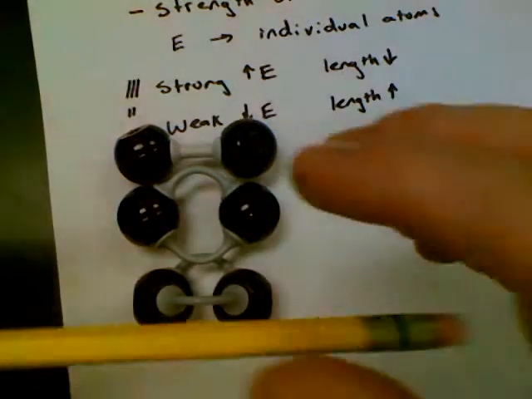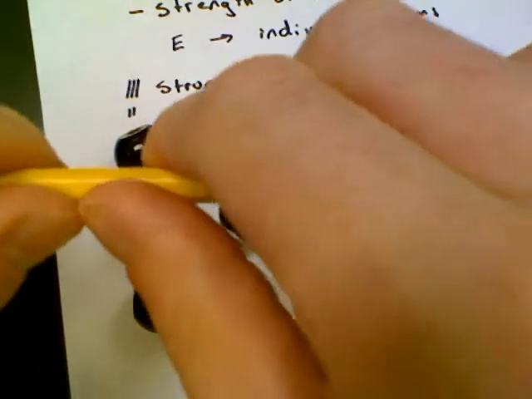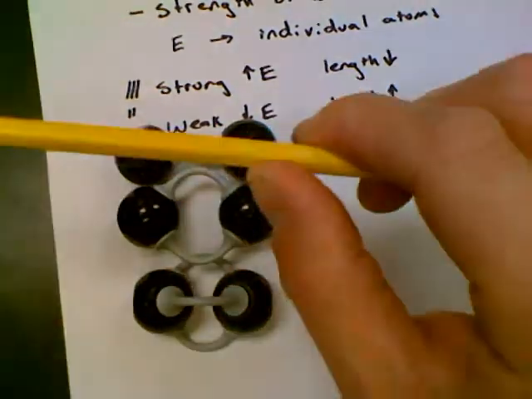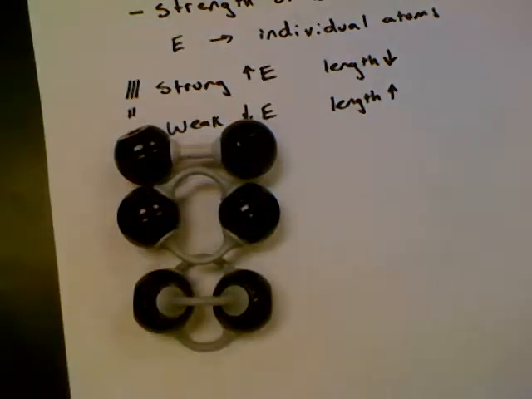Similarly, pencil idea, easier to break a long pencil compared to a medium-sized pencil compared to a really short pencil. One that you use in a golf course would be really hard to break. Long bonds are easy to break, they have low energy. Short bonds are hard to break, they have